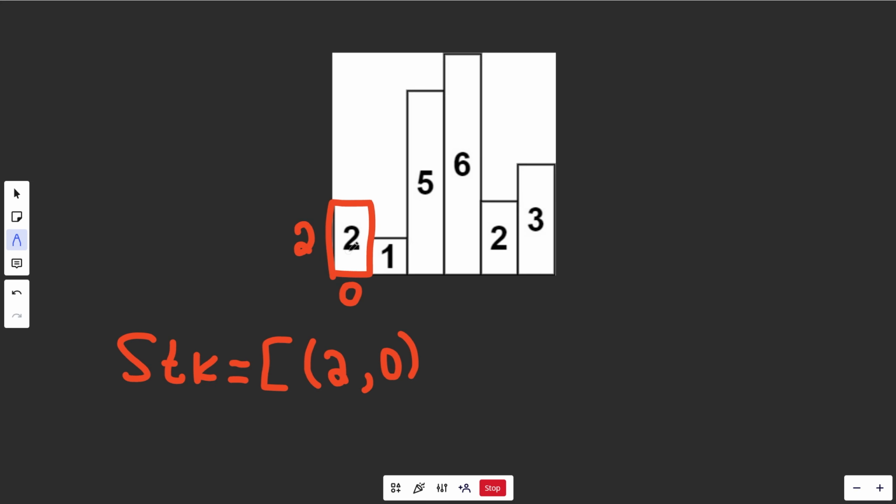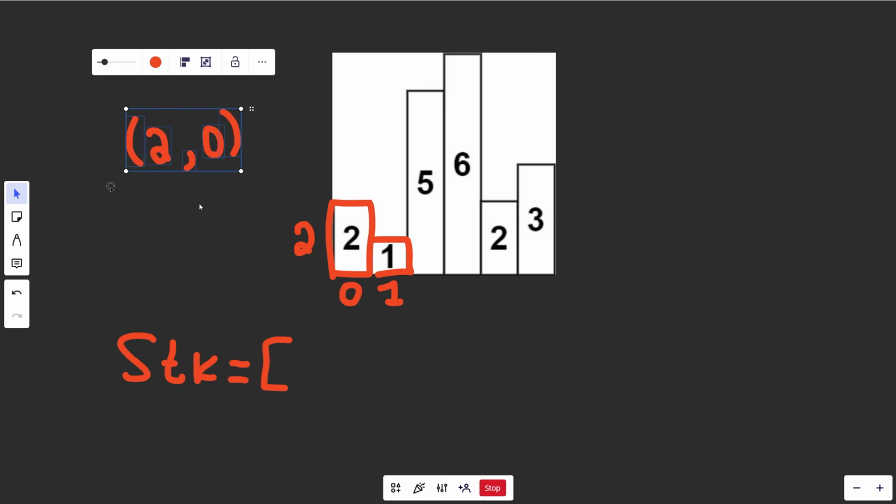Now basically what our stack represents is we have a candidate right here, which is a height of 2, and we're trying to see how far we can extend that. Now, as we go over to the next position, we actually immediately see that we cannot extend this one any further because it wants to go over like this. It wants there to be room here, but there's not because this is smaller than it. So what that means here is we have to pop this off the stack,